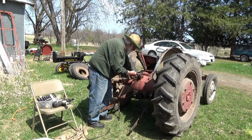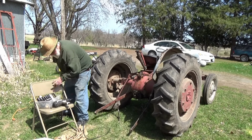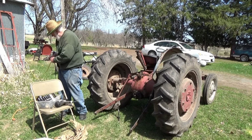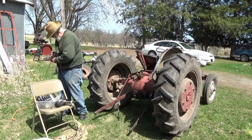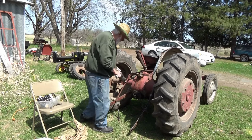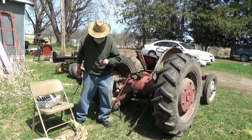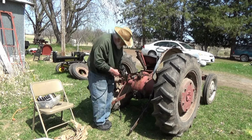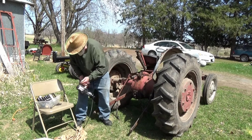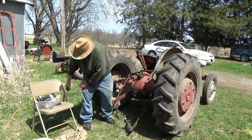So that, if this is 5/8, 11/16, I brought my impact wrench with an 11/16 socket, so let's see if that works. Different head on it. Well, let's see if we can get these out. A little bit shorter bolt. So much grease on them, I can't